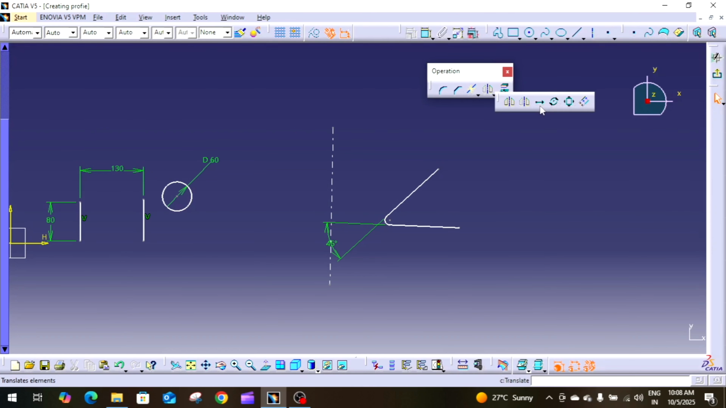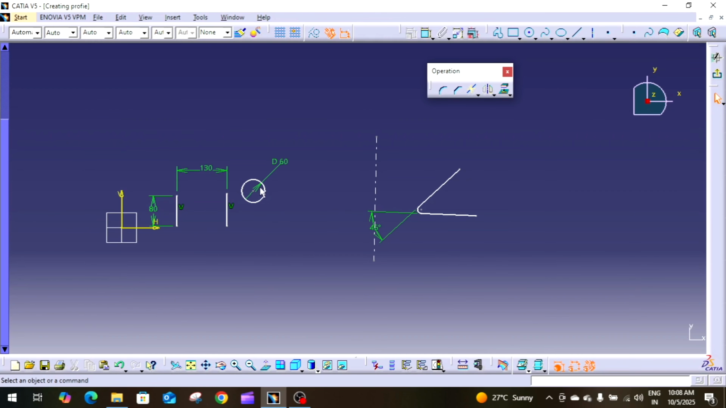Next one is translation. Translation means the translation tool moves the selected geometry along a translation vector. First of all, I want to translate this circle. Select the object, select the translate tool, this one available on mirror, and then